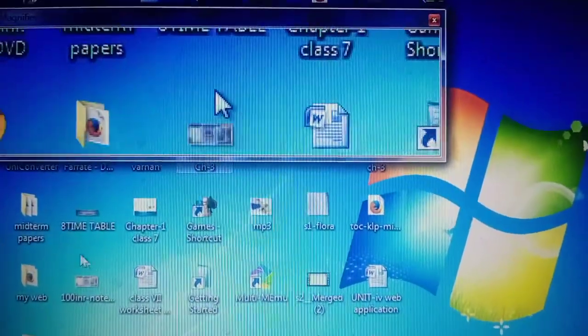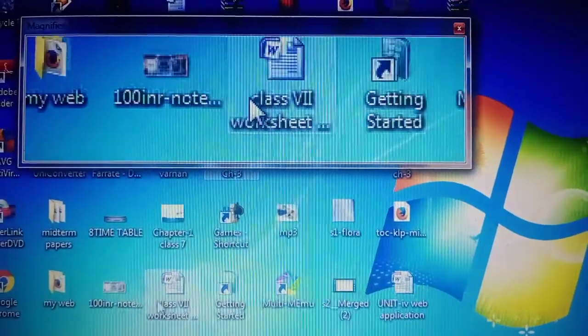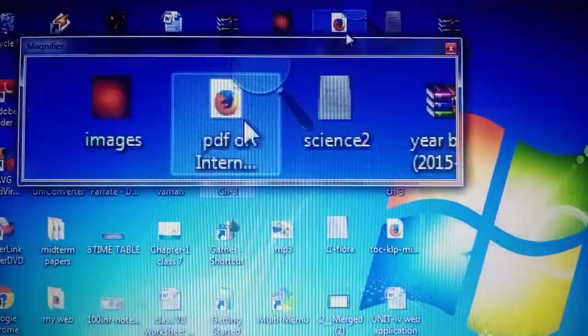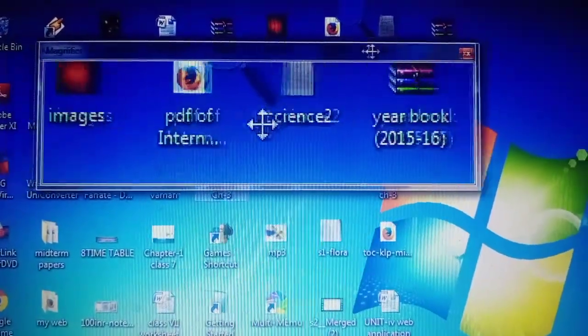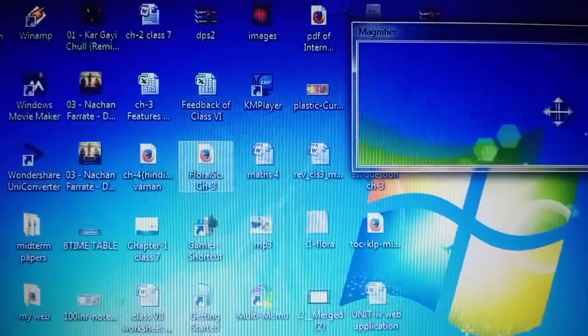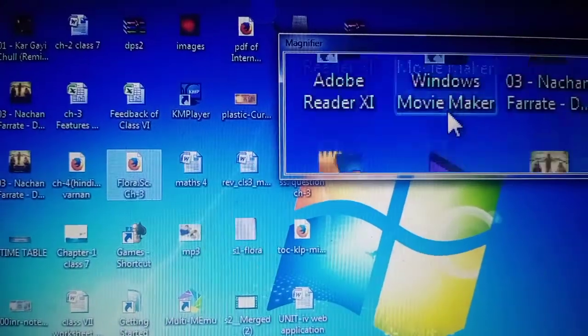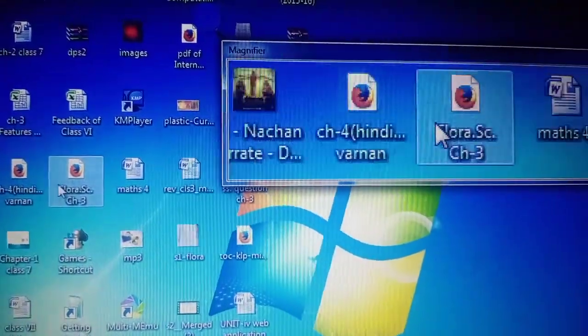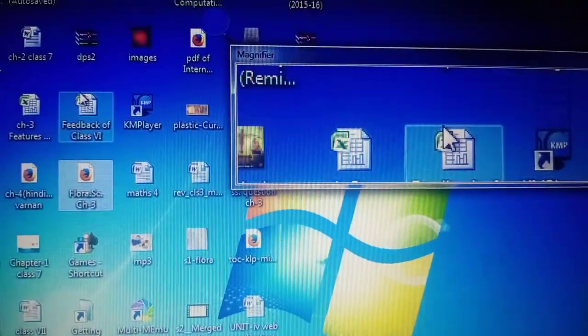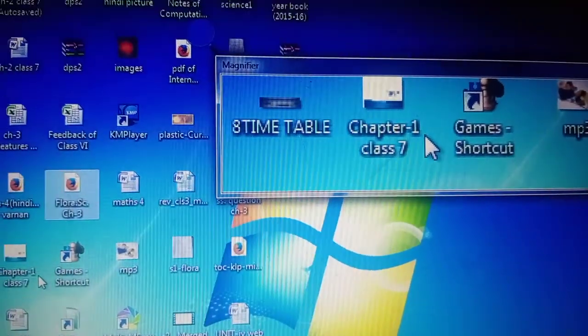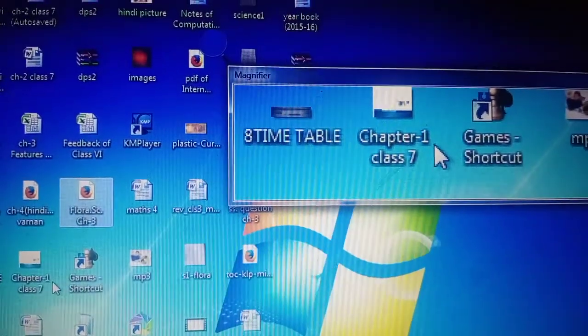Where I am moving my mouse, everything is looking so broad here. This is the magnifier. I think those who have low vision can use the magnifier.